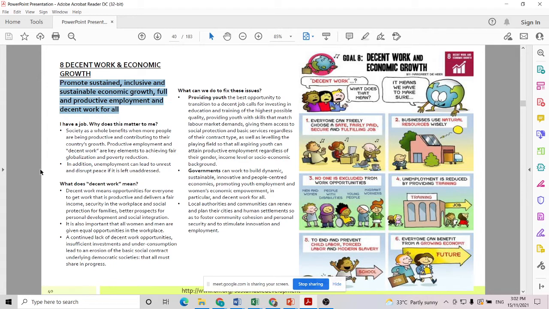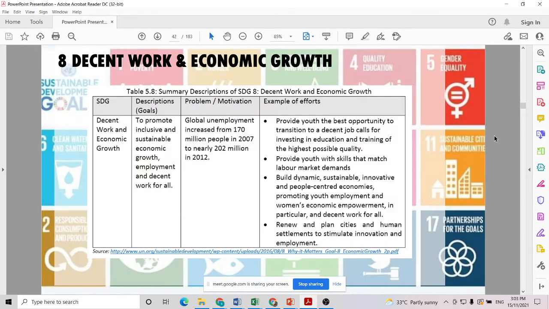It's not that. Working includes everything, which means that you need to work. Either you do your business, or you do whatever activities to earn your living cost, which means that you earn money for your cost of living. So that is decent work and economic growth. Alright, so what is the effort?